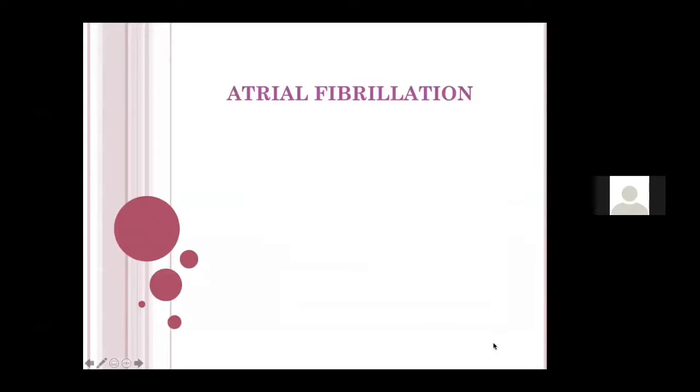So atrial fibrillation, I think, is one of the important topics, because most of the patients in wards, ICU, and even in medical wards, will have some form of narrow QRS tachycardia which is irregular. And the most common narrow QRS tachycardia which is irregular is atrial fibrillation, apart from, as we discussed before, flutter with variable block and multifocal atrial tachycardias.